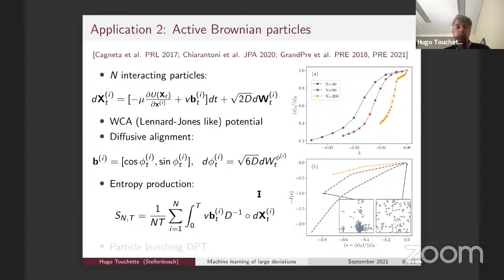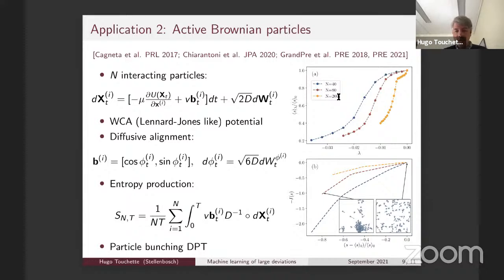Again, I'm not going to discuss any of the physics of this. This will be the subject of another talk. I just want to show how the algorithm is working here. One thing I should mention is that for this particular system, we do the gradient training for the neural network, but we don't use standard backpropagation for calculating the gradient, because the system is too big. If you have 40, 80, or 200 particles, when you do the backpropagation, the size of the backpropagation increases with the number of layers in the neural network, and it just explodes. So in order to calculate the gradient here, we use this other method that I've mentioned, the adjoint method.